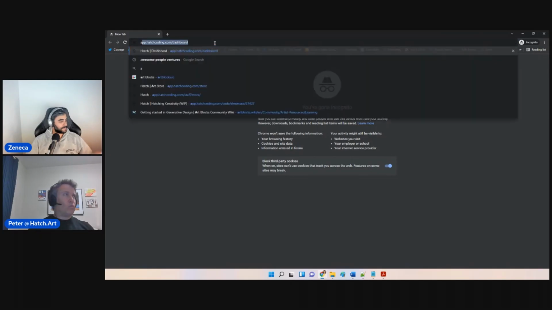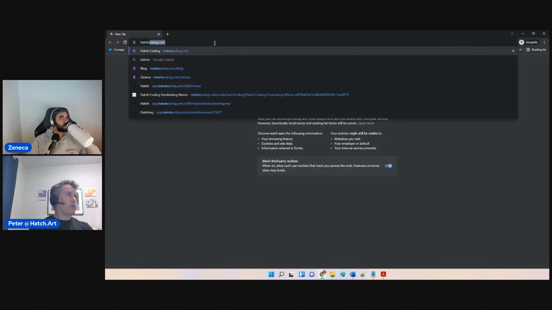themes that you like. In fact, what I can do is give a 5-minute demo of the app. Yeah, and I think that would be super useful. Let's do that. So we're going to go to app.hatchcoding. Well, we're going to start from the very beginning. So you go to hatchcoding.com,